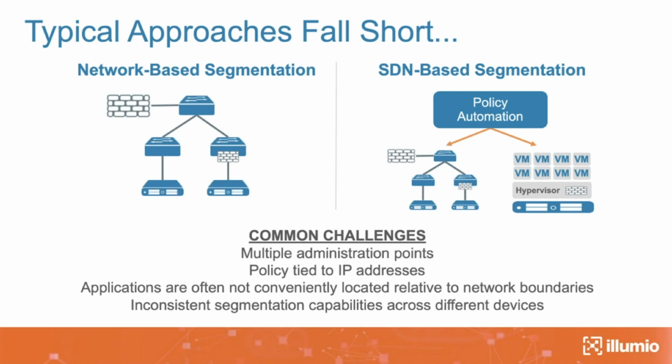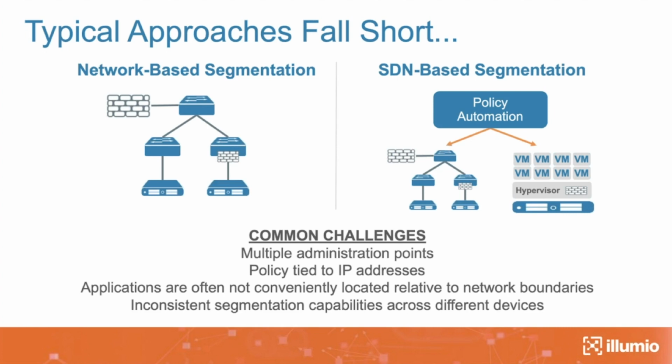And last but not least, you find that the capabilities on your network devices are inconsistent. Your access layer switch in the wiring closet may not have the same capabilities in terms of granularity, the TCAM sizes, or even the enforcement capabilities that you may find in your aggregation and core layer devices or firewalls. So really the challenge is one of administration, of the constructs that we use today, which are networking constructs, and of how the environments are laid out today.